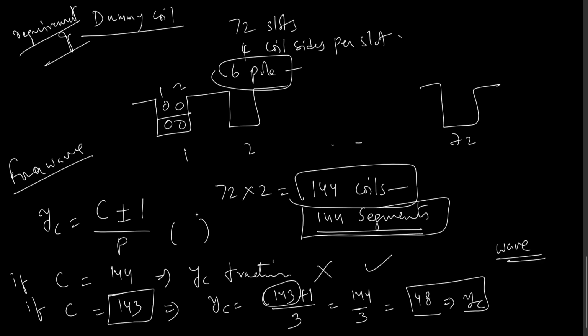Okay, so one coil will be a dummy coil now. One coil will be a dummy coil, which is not used for development of EMF in the equation. We will just place the coil there, but we are not connecting it. To have a mechanical balance of the rotor, we use that coil. If we remove that coil, then mechanically the rotor becomes unbalanced. So to keep mechanical balance, we place the coil there, but we are not going to connect it.